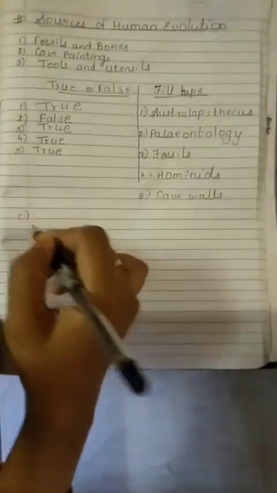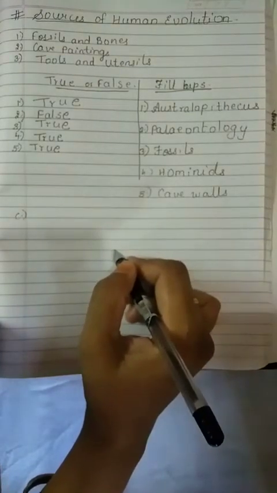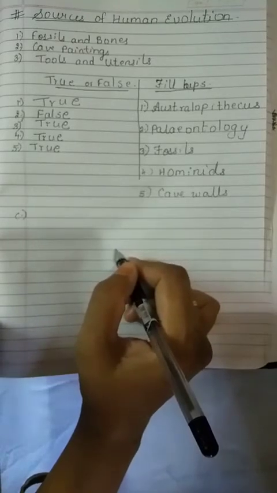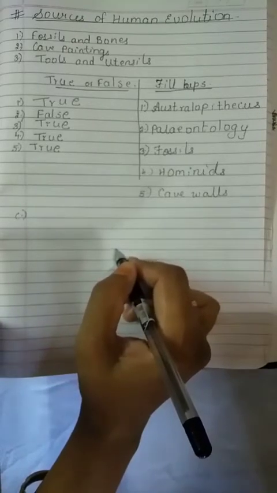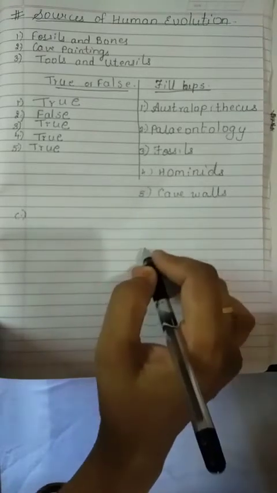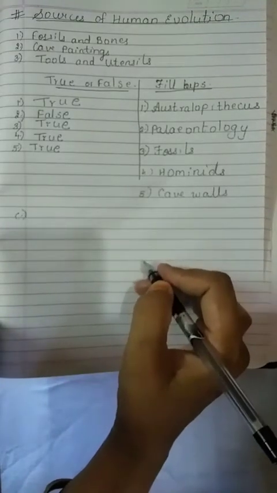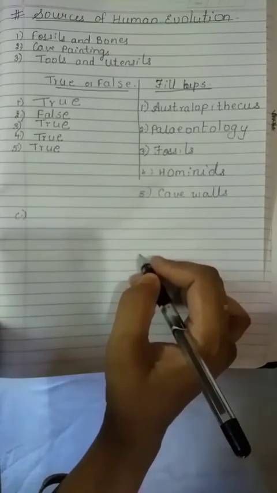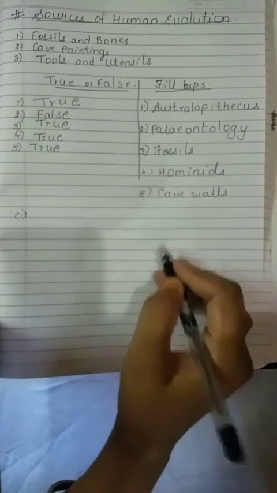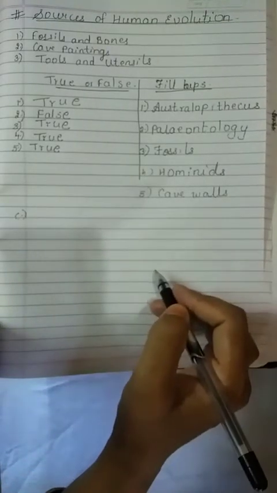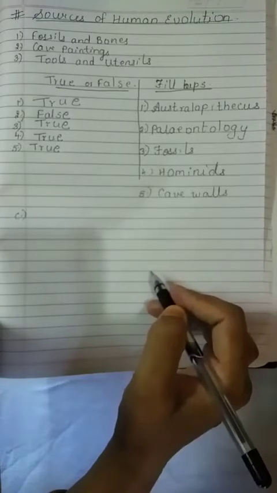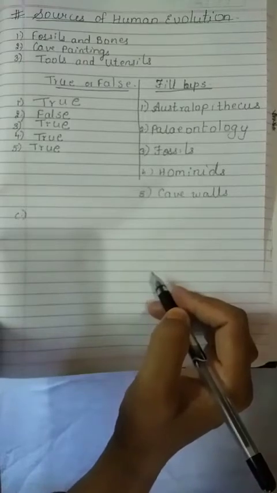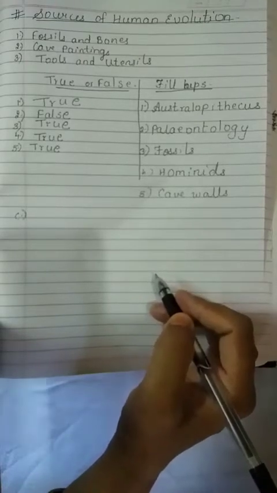After completing the fill-ups, now we will see the mind map. In the mind map, 4 columns are given, 1, 2, 3, 4, and some stages of human evolution are given. Now, what you have to write? In 1, 2, 3, 4, all the 4 different stages of human evolution. And I'm sure you might be able to write it because it is given in the textbook. You just have to copy it down.